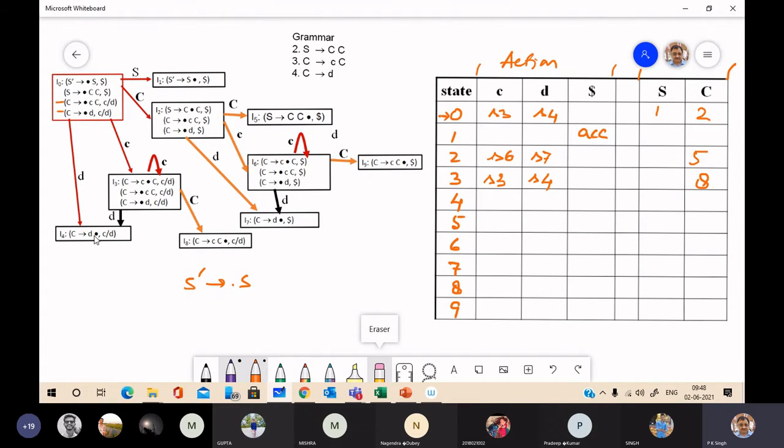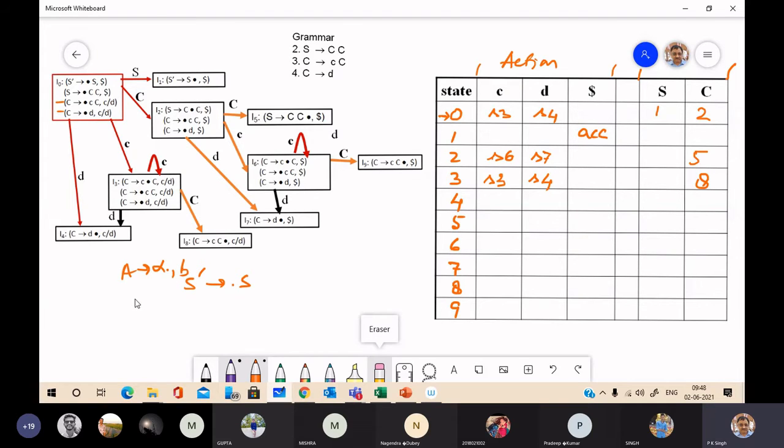Now from I4 we can construct state 4. This item has the form A to alpha dot.